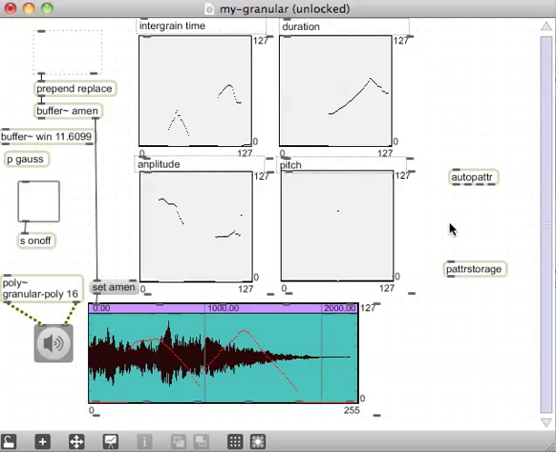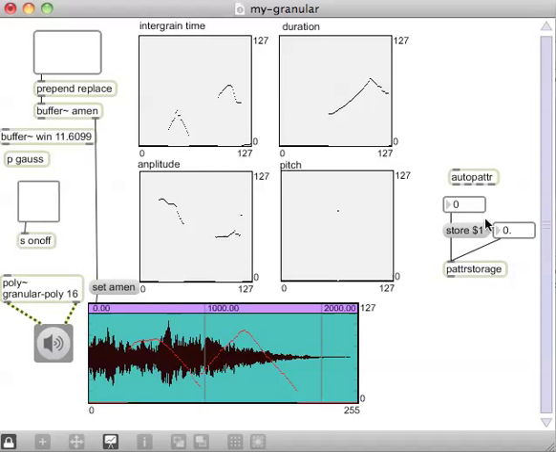So I can make a new message, store with a number, $1. We can store it at different addresses in the pattern storage. Use an I for int to store these things. Then I can read back those stored values using a float, so F for float, so that we can interpolate between stored presets. Let's store the one we have here as 1,